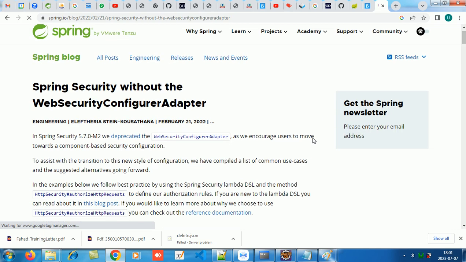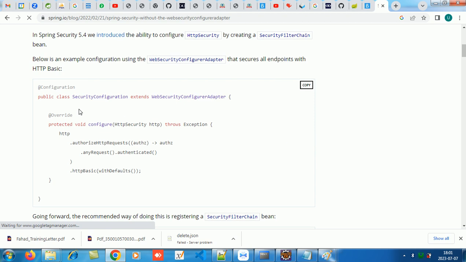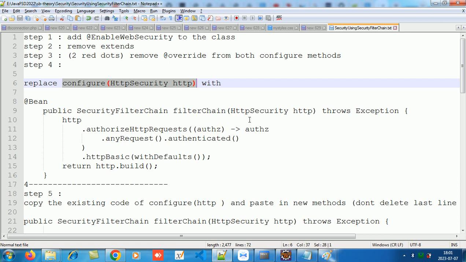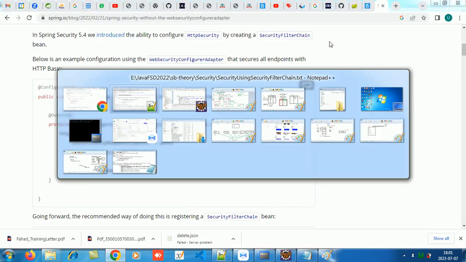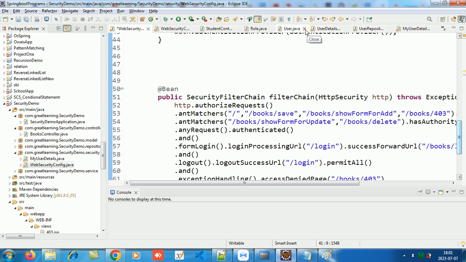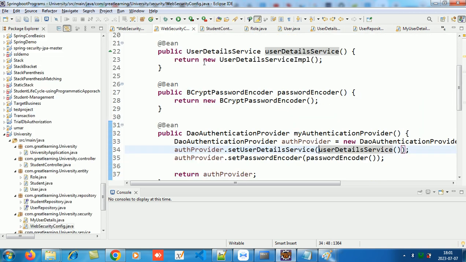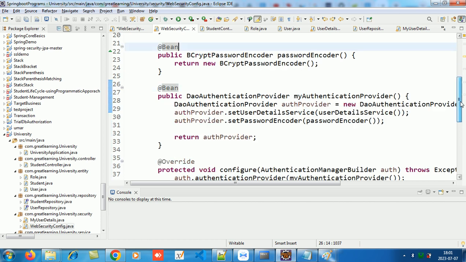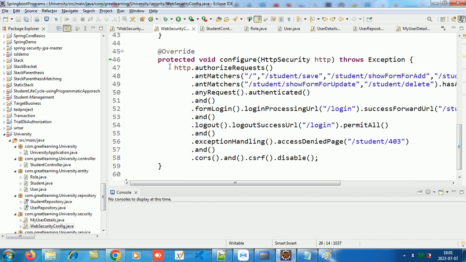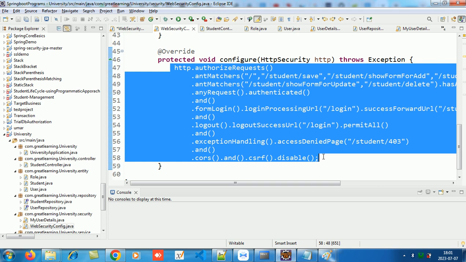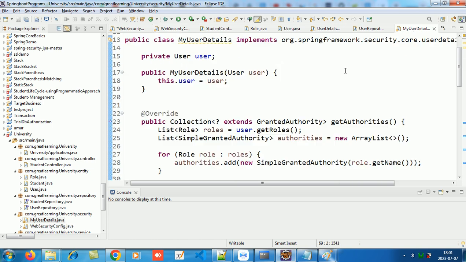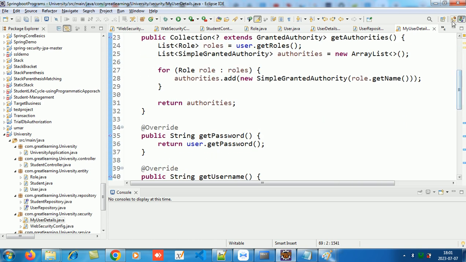उसको मैंने अपने स्टेप में लिखा नीचे, ठीक है। तो वो क्या बोला था, जो तुम्हारा कॉन्फ़िगर फंक्शन है ना, कौन सा वाला, HTTP सिक्योरिटी, ठीक है, उसका कोड साइड में ले लो। उसका कोड क्या था, ये कोड है ना पूरा, यहाँ से लेके यहाँ तक, ये कोड साइड में कॉपी पेस्ट करके साइड में रखो बस, ठीक है। और फंक्शन उड़ा दो, डिलीट कर दो,